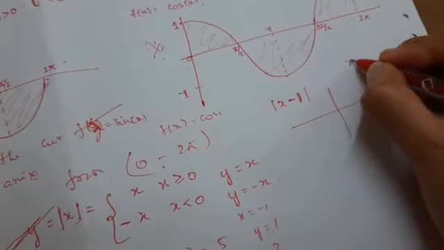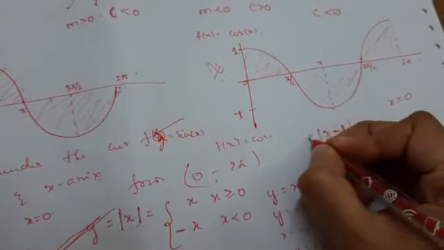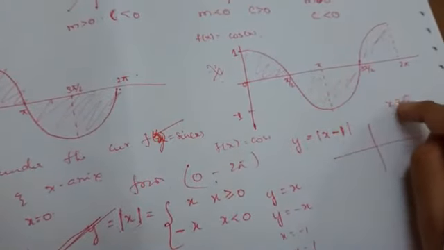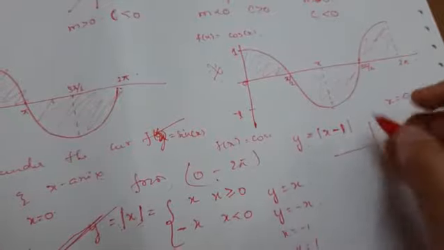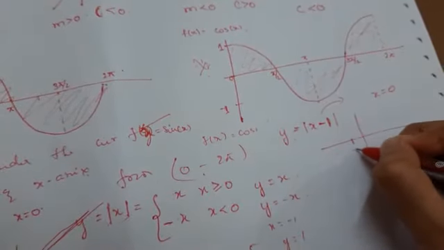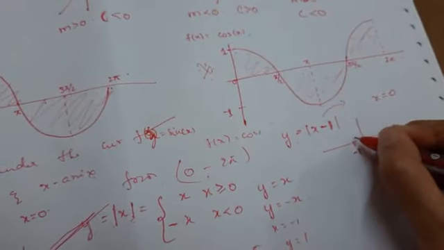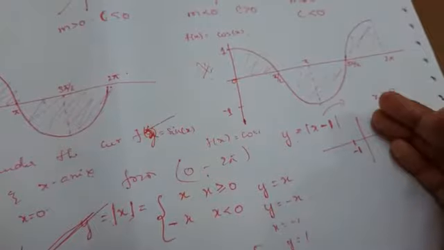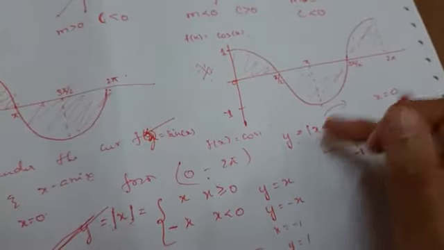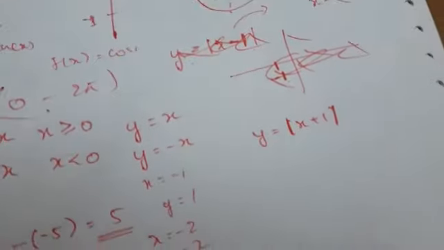So when x is equal to 0, suppose this is equal to y. At x is equal to 0, what happens to our mod x minus 1 value? It will be equal to minus 1. So at x is equal to 0, y will be minus 1. So what happens at this point? Sorry guys, let us deal with this.